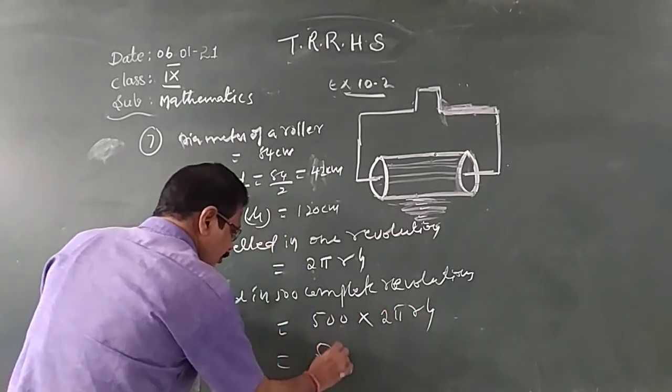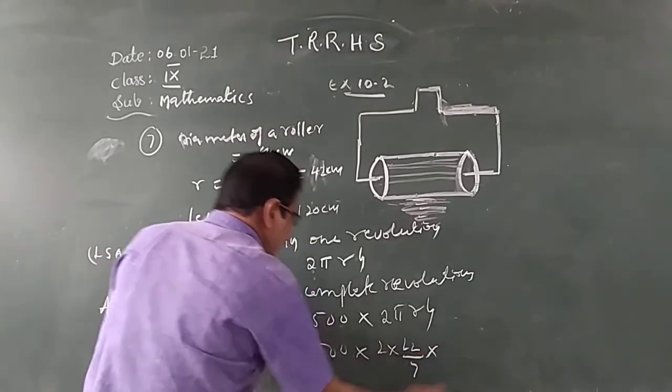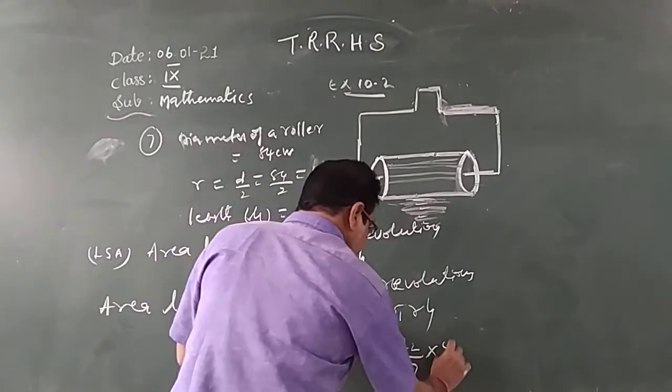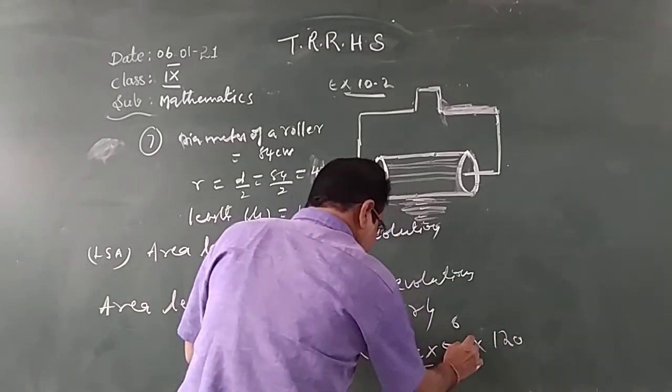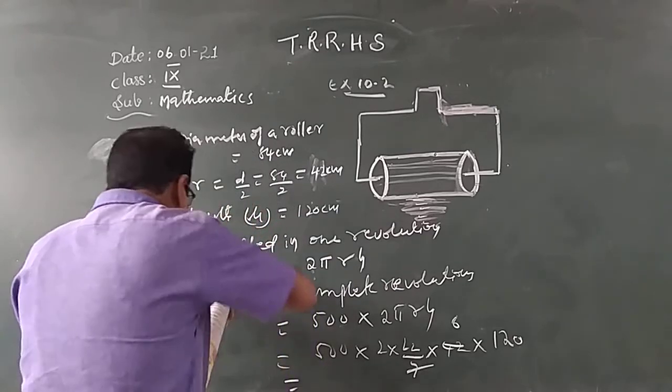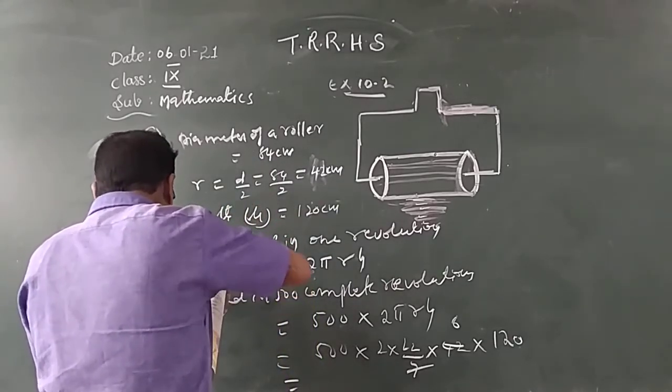So 500 into 2 into 22 by 7, the radius is 42 and the height is 120. 7 sixes are 42. So if you multiply all these,